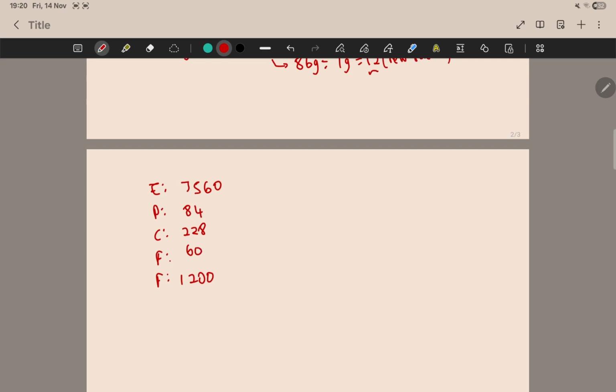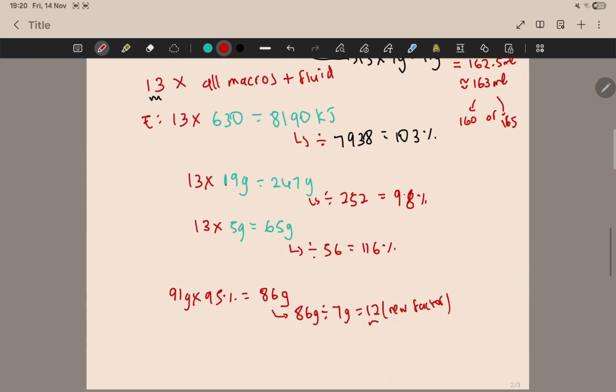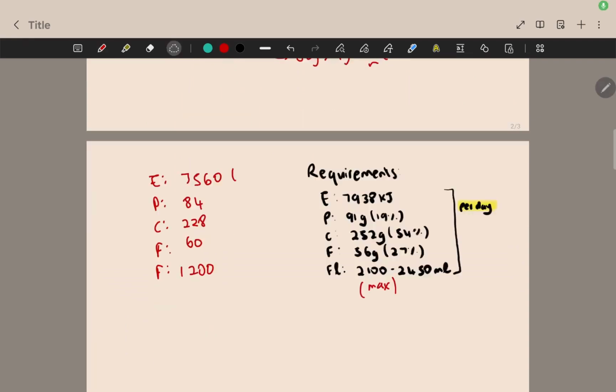And that's 60. So you can already see the fat is looking a bit better. It's no more 65. Let's just calculate. Now I'm just calculating the percentage of total requirements because I did not do it when I was calculating the feed. So just quickly do that. So this is